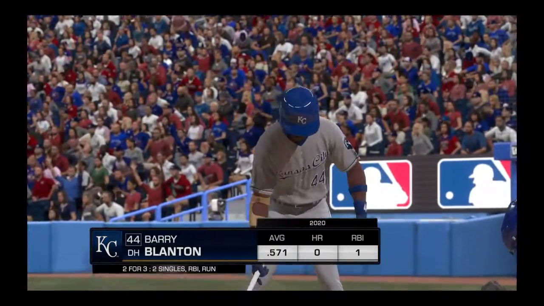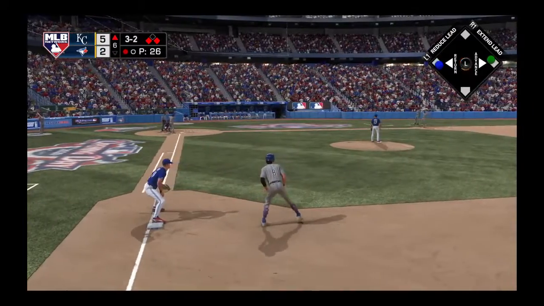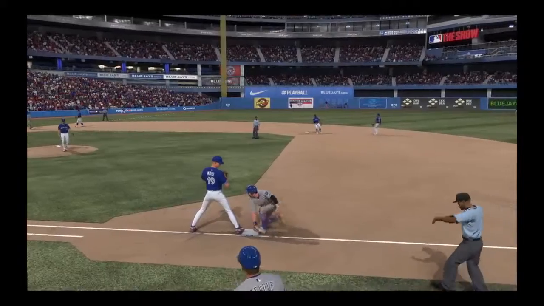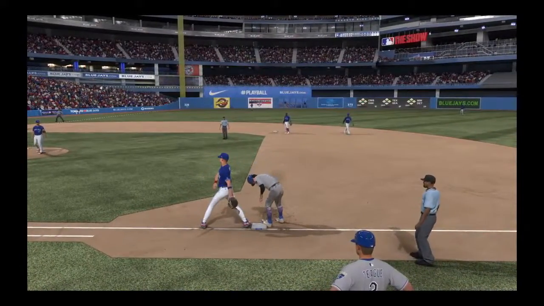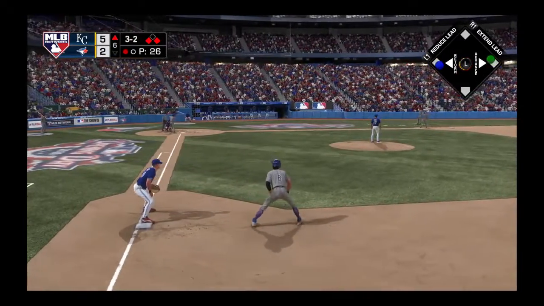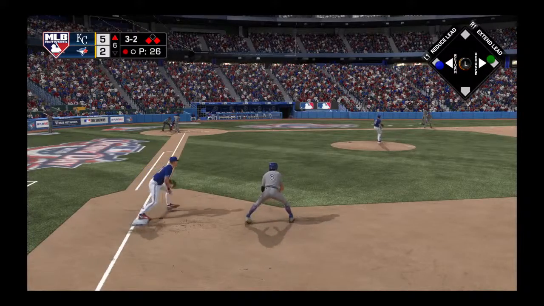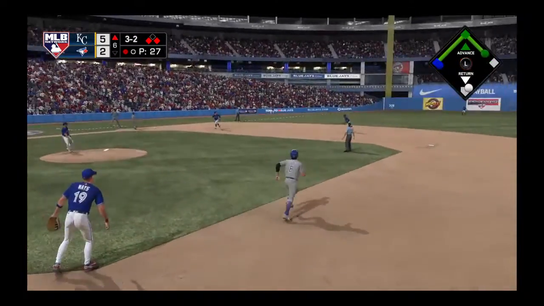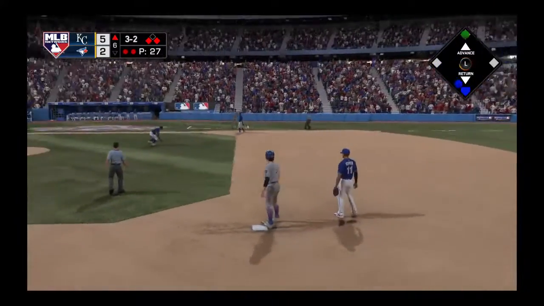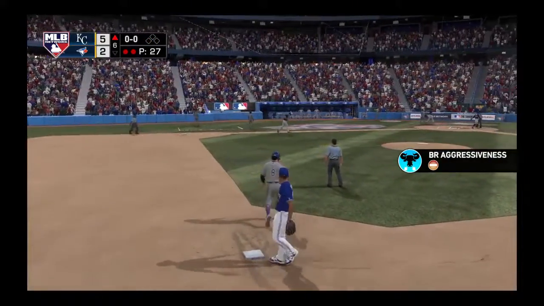So next to the plate for the Royals, Barry Blanton. He singled his last time up. Blanton. Throw over to first, and he'll dive back in safely. This is line to left. Catch made in left. Here comes the runner for the plate. Now this is cut and thrown to first. On to first, and they get the...